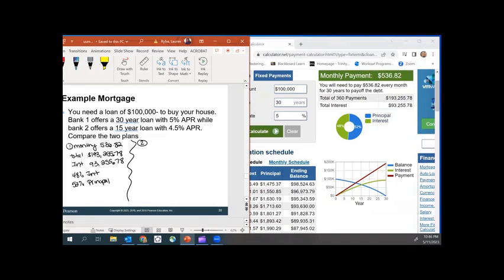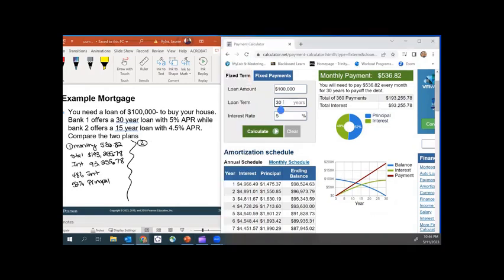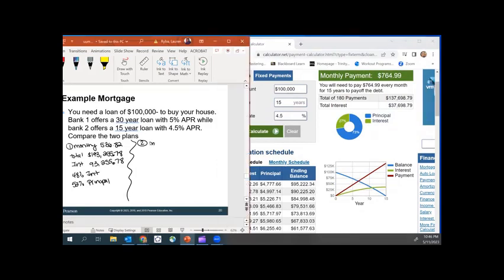Now let's calculate Bank Two's offer. We are cutting the time in half, and when I do that, I'm also cutting the rate down just a little bit. We can see now our monthly payment is going to be a little bit more just because I have less amount of time to pay it off. So